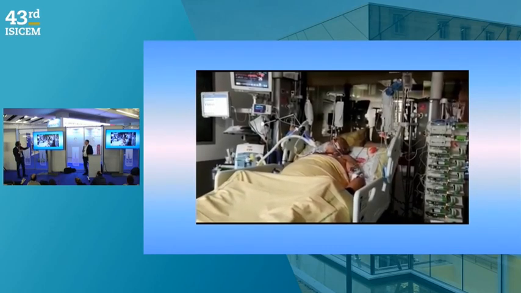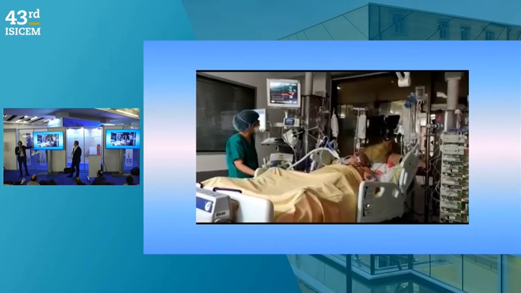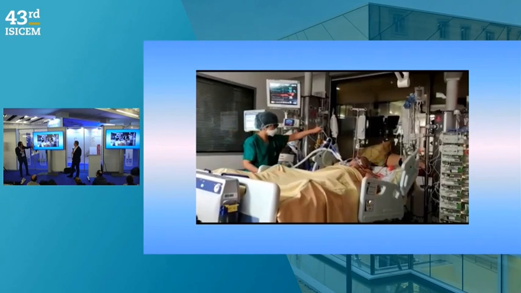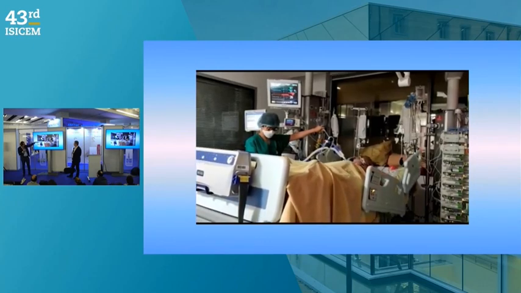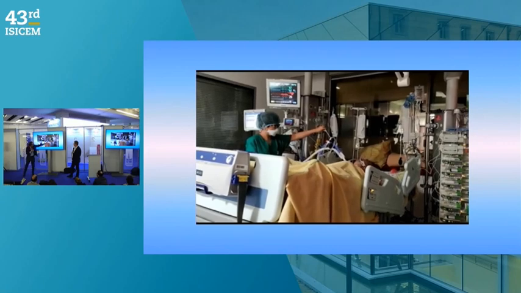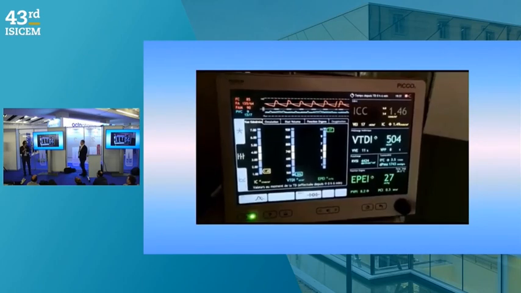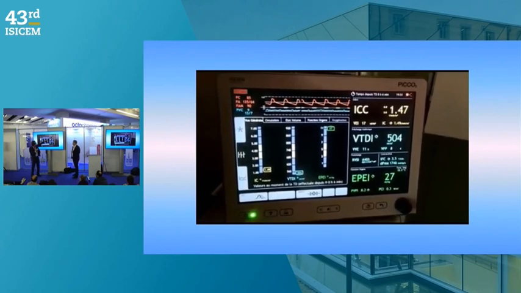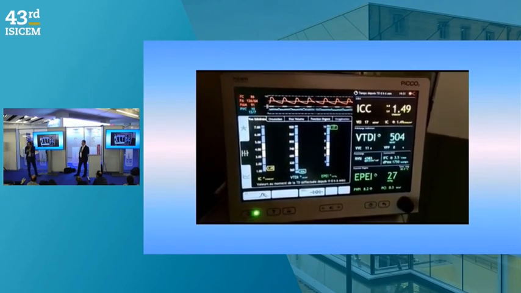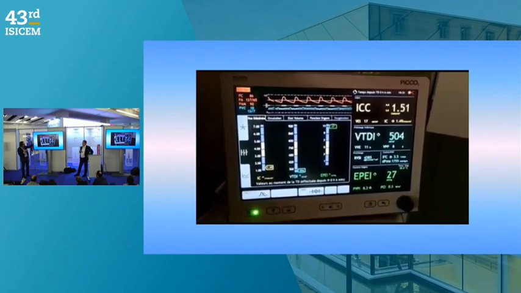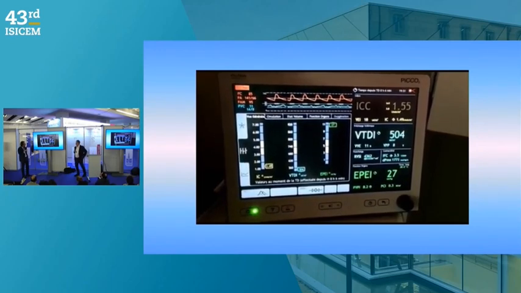So the patient was in this position, semi-recumbent position, and we move the bed. This is an automatic elevation by pressing a button. And first, there is elevation of the legs, and then the trunk and the head are horizontal. And we looked at the change in continuous cardiac index here, 1.47, very, very low. And we look, 1.47 was the baseline value. Now it is 1.53, 54, 55,